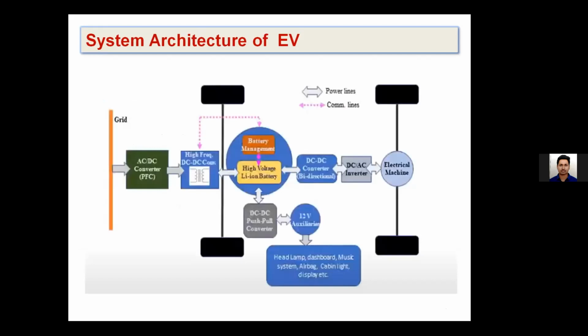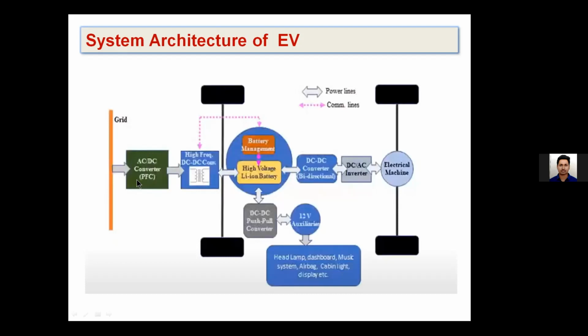So let us discuss some other aspects related to this. You have already seen the system architecture of an EV in previous slides, but this is a brief version, where this is a grid. And in this model, the major component is the battery, which needs to get charged. That's the basic thing. Here we are using a lithium-ion battery, which is obviously of high voltage, some 230 volts or 320 volts, whatever. It needs to get charged. In order to get charged, the grid is basically AC. So we need some power electronic conversion.